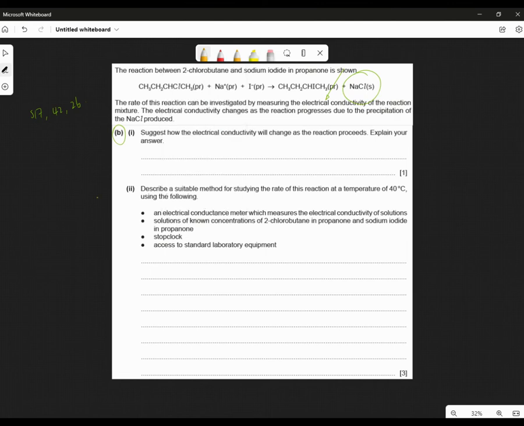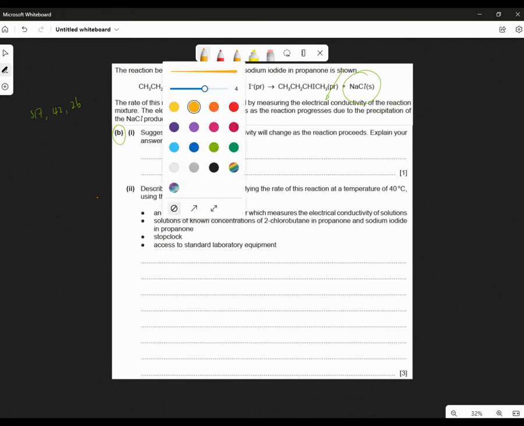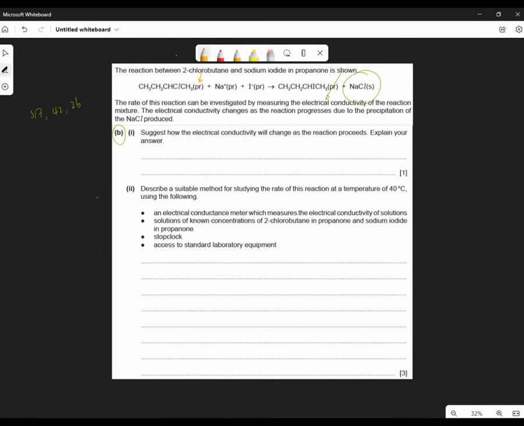Well, first of all, as you can see on the left-hand side, this is the solvent. This is propanone. Let me get a thicker pen. This is propanone, but you have ions. You have sodium ions and iodide ions in propanone. So if you put electrodes in this solution, these ions will move to their respective anodes and cathodes. So because these are free to move, this side will conduct, because you have movement of ions, you have mobile